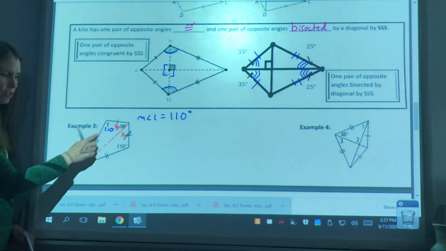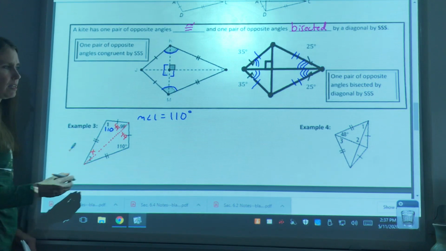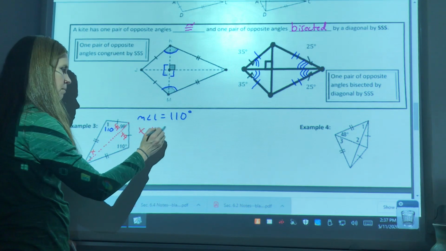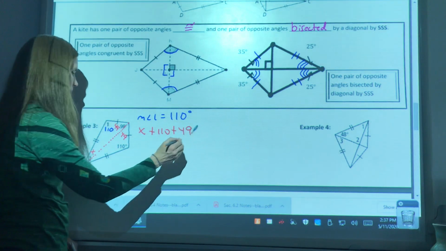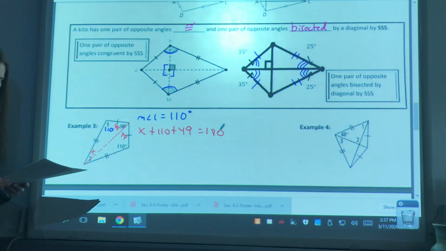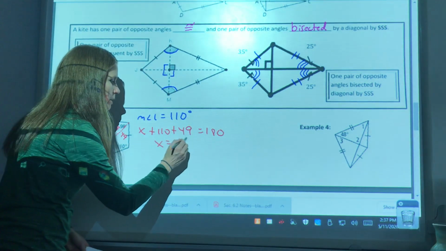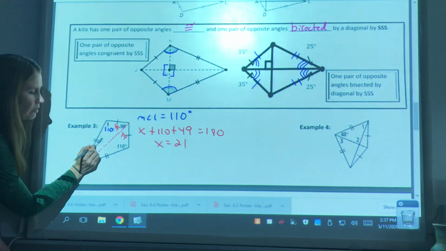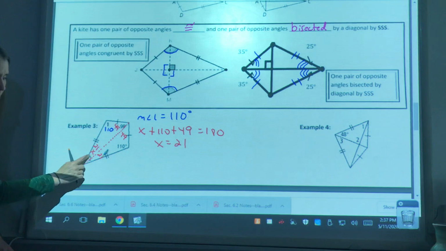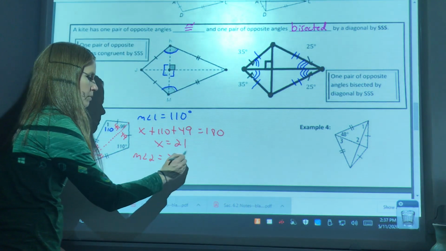And I know that this is a triangle that must add up to 180, so say I want to call that x right there. Then I could say x plus 110 plus 49 is equal to 180. And if I use that to solve for x, then I'd end up with x is equal to 21. Okay, so I know that that is 21, and therefore I know that that angle is 21 also, but they want to know what this whole angle 2 is, so I know that the measure of angle 2 is 21 plus 21,